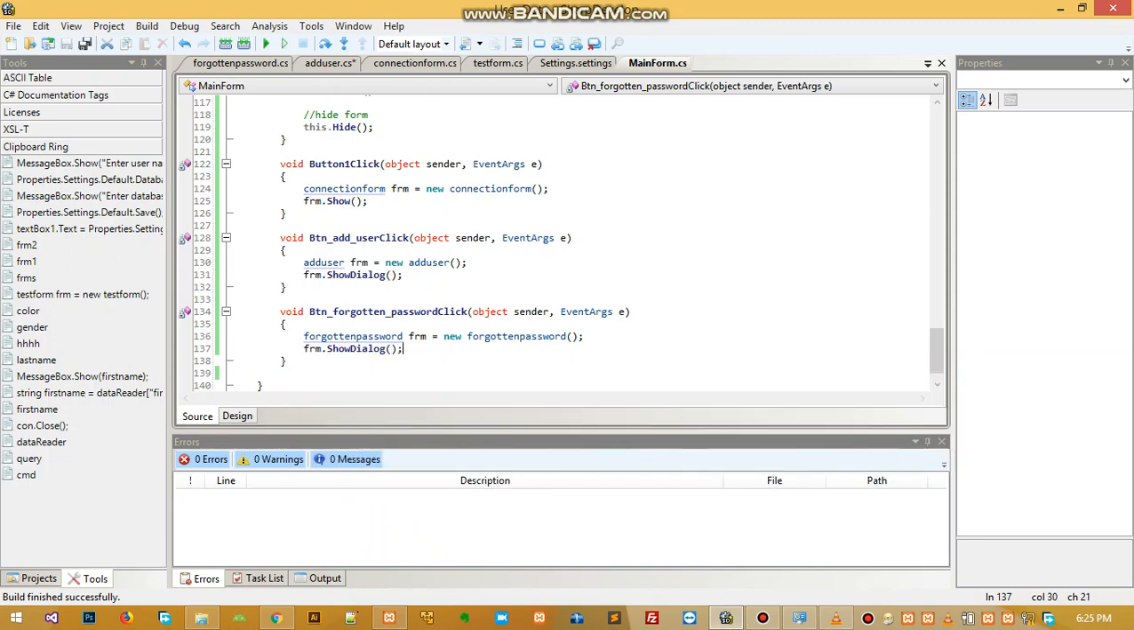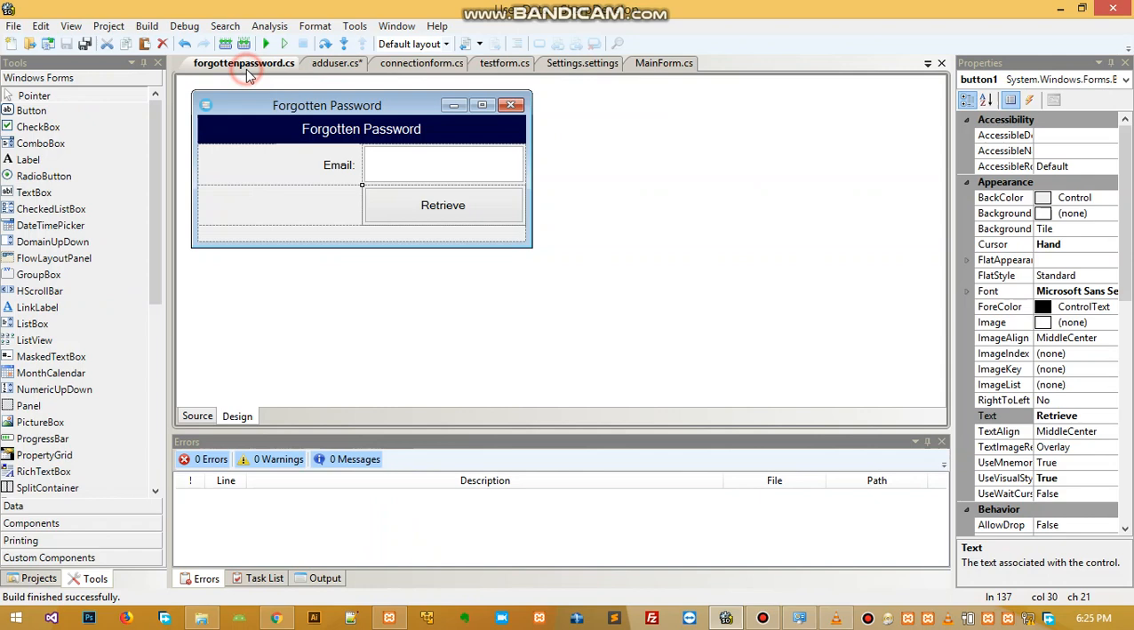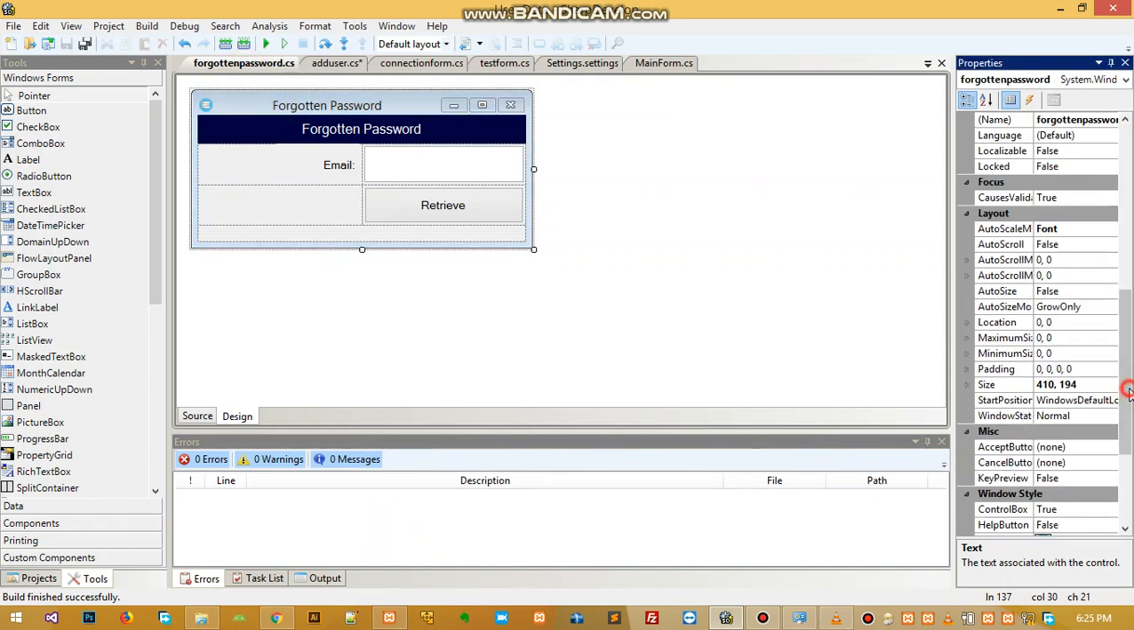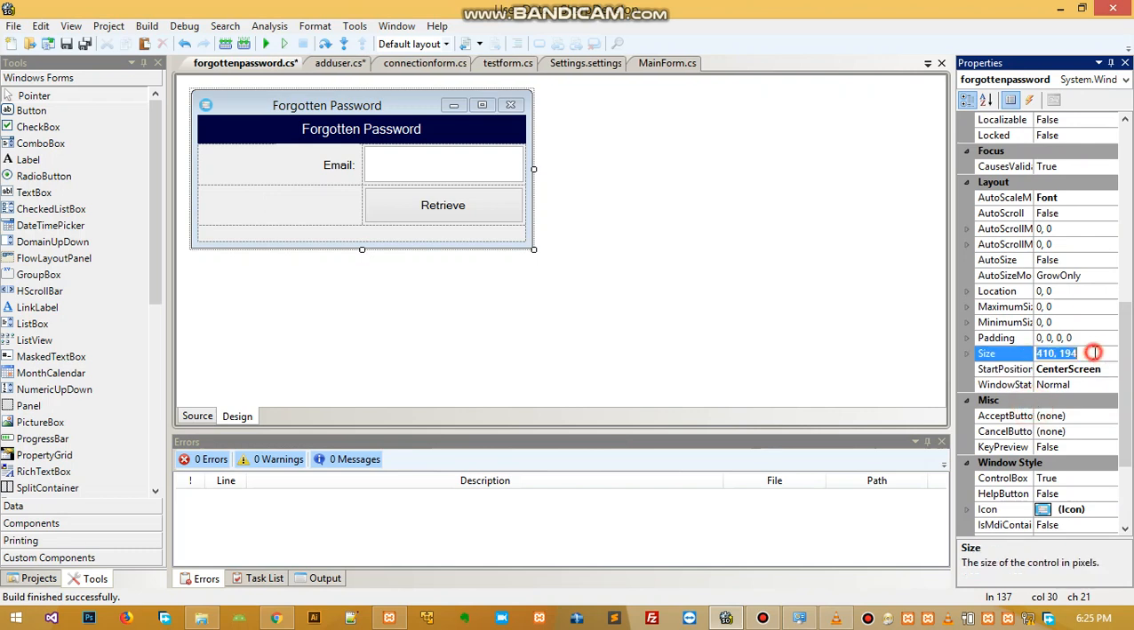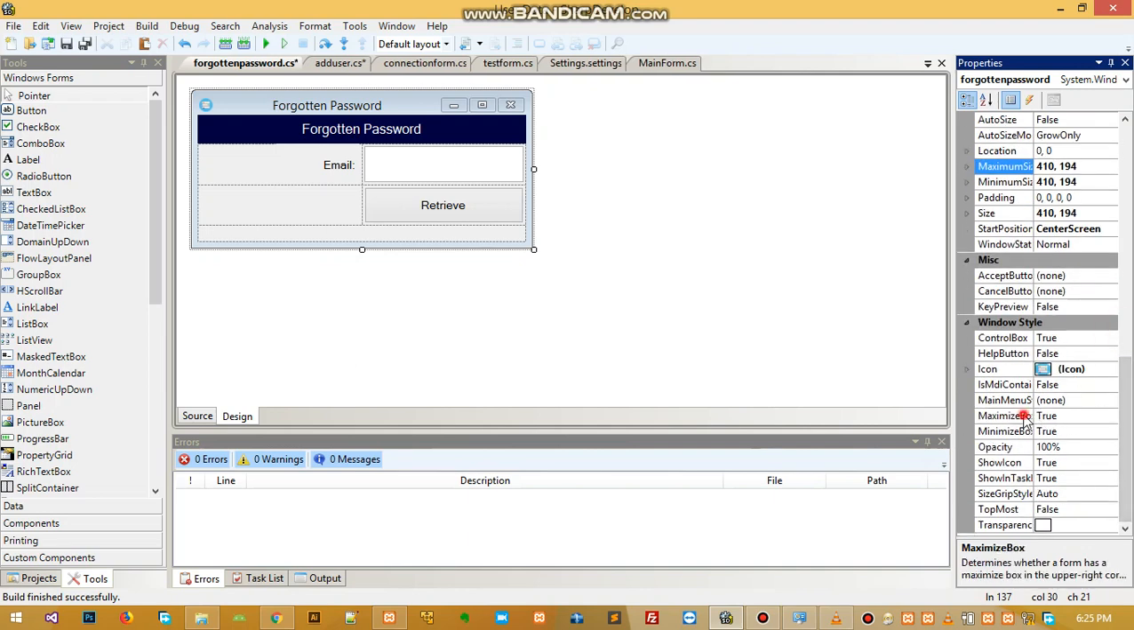Okay, since we are done with this, let's check some few properties. Let's make this one center. Let's copy this one, paste it to the maximum size, minimum too, and then let's make the maximize box false so that nobody can maximize this one. And then let's do the same